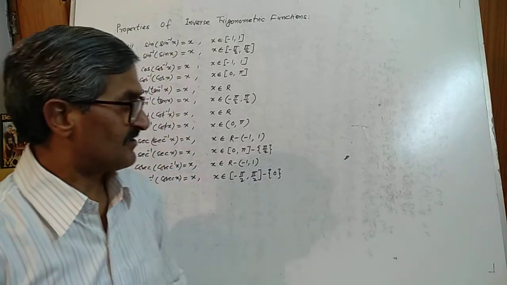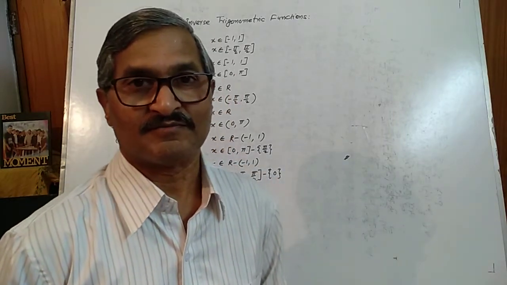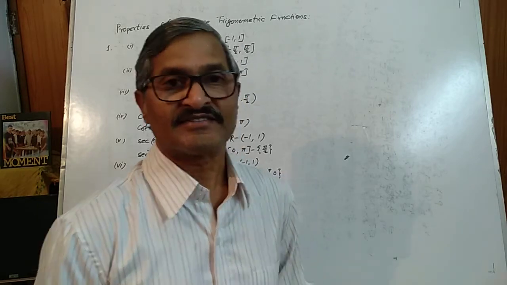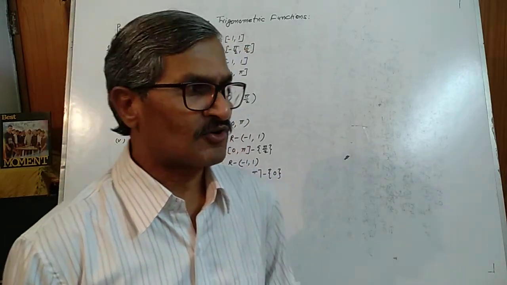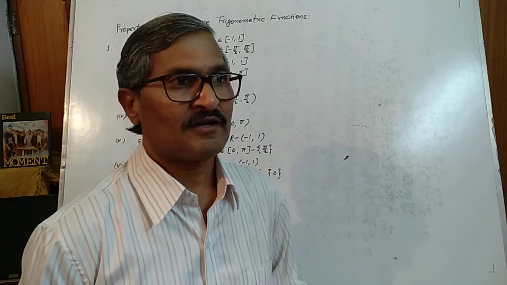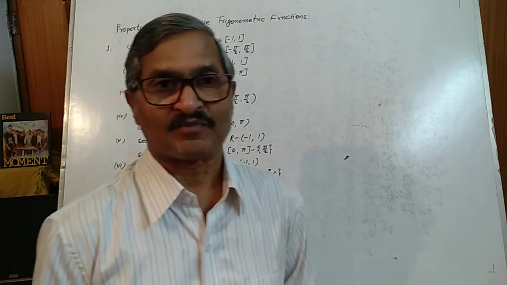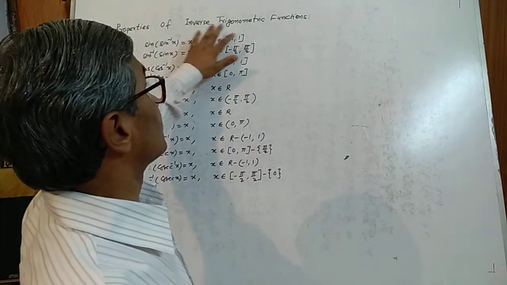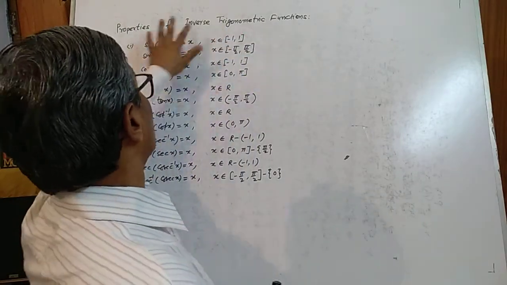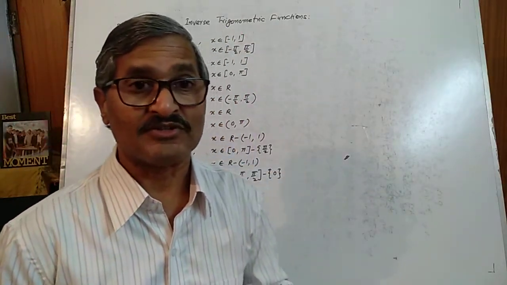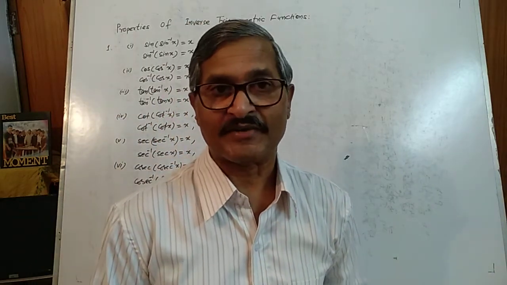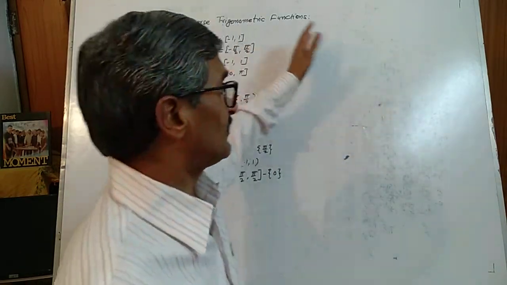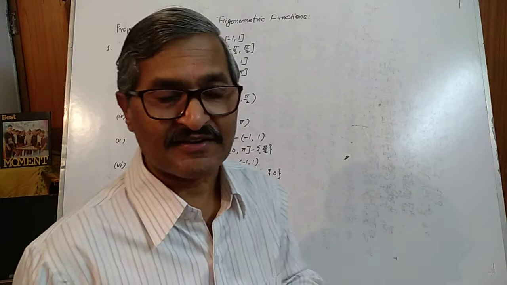Well, students, now we will proceed for further exercise of inverse trigonometric functions. Exercise 2.1. Before going to exercise 2.1, we have to discuss some inverse trigonometric identities, or we can say inverse trigonometric functions properties. These are the properties which will be used to solve the inverse trigonometric functions. So we'll just have a discussion, and every property is given in the book.